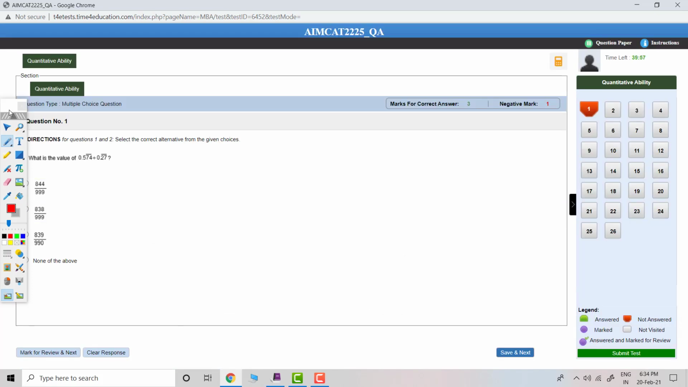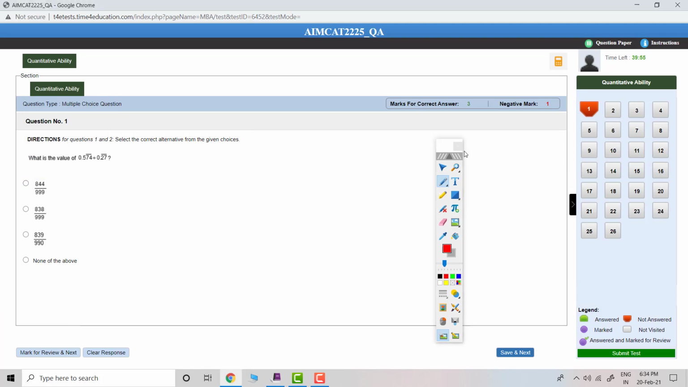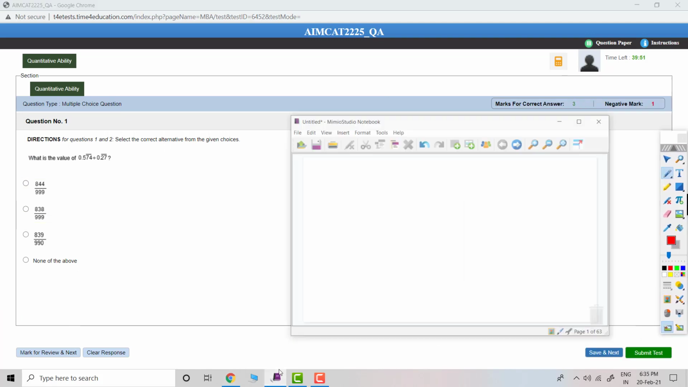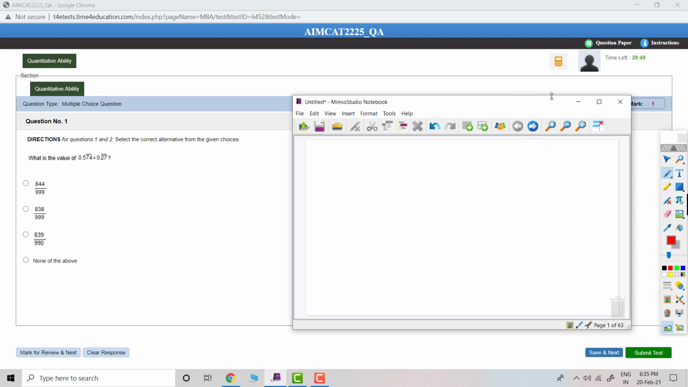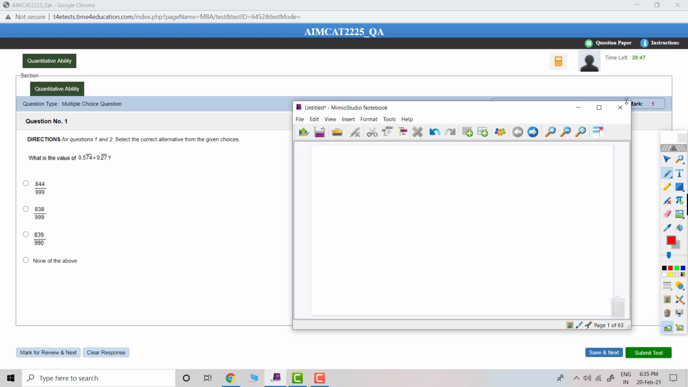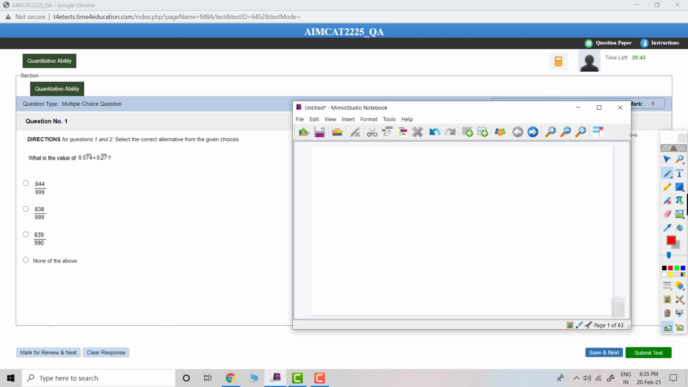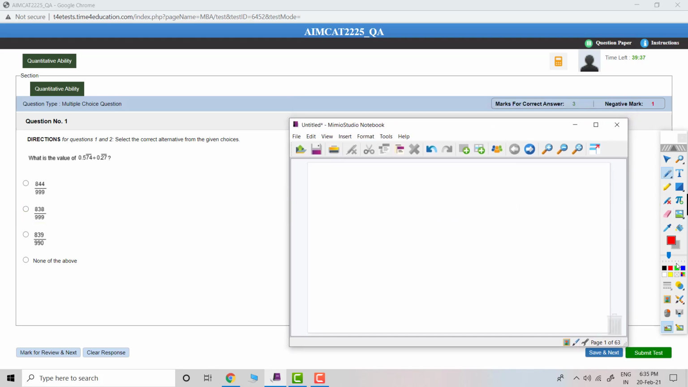Okay, so we can see the first question here. What I will do is keep this toolbar here, and this is the place where I will be doing rough work. So now the first question. Look here. First question is,